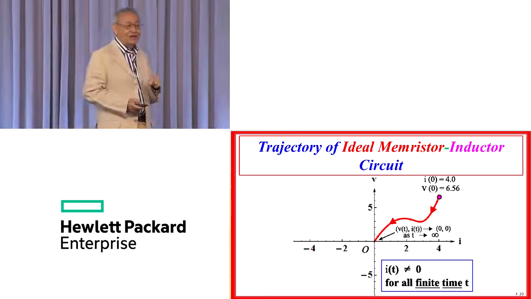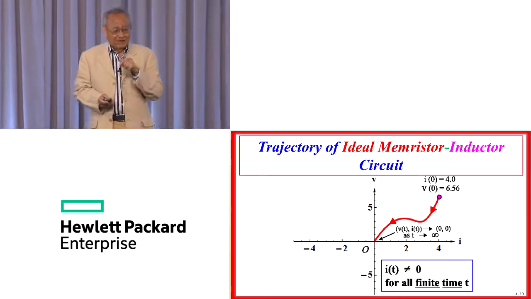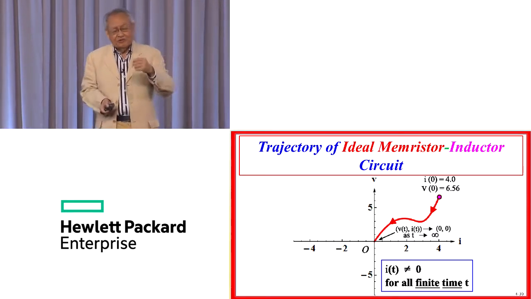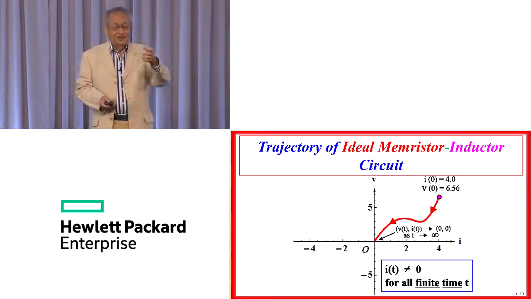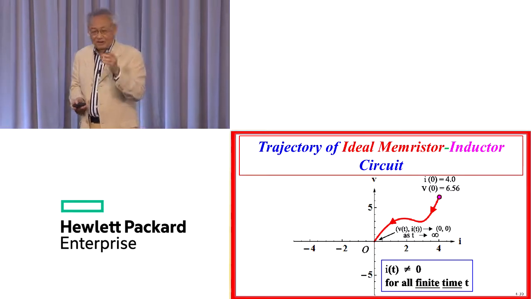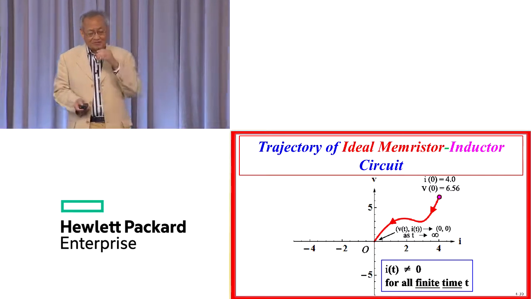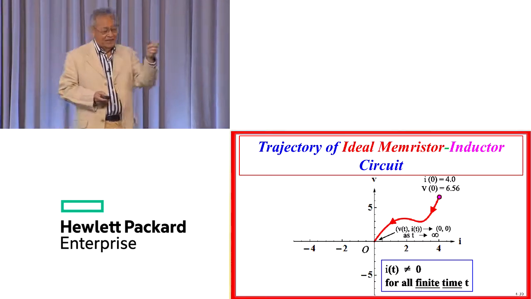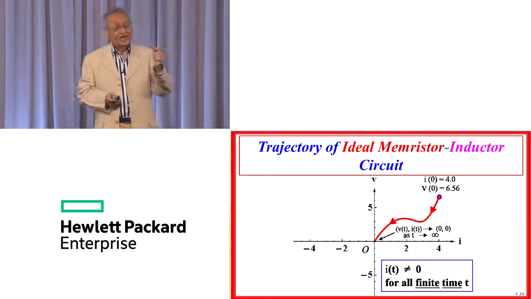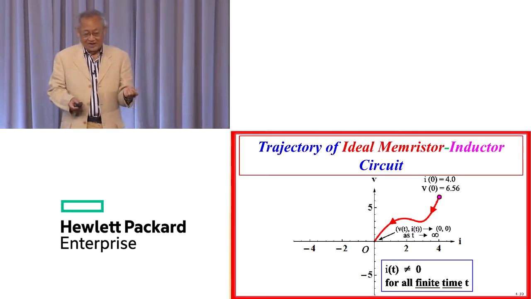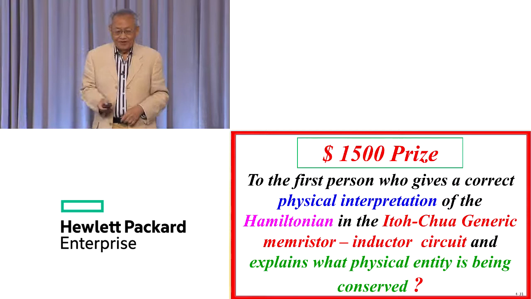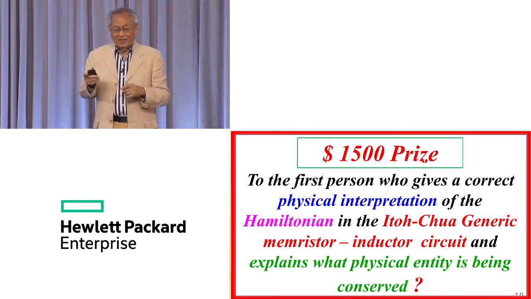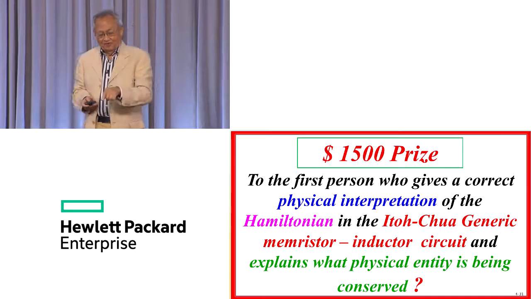So you never get there, in principle. Of course, most people say that's trivial. What's the difference of 10 to the minus 50? But it makes all the difference between something that's right and wrong. It was never negative. This is why there's no fallacy in this inductance current lagging the voltage by 90 degrees. Now the $1,500 prize is where I up the ante,